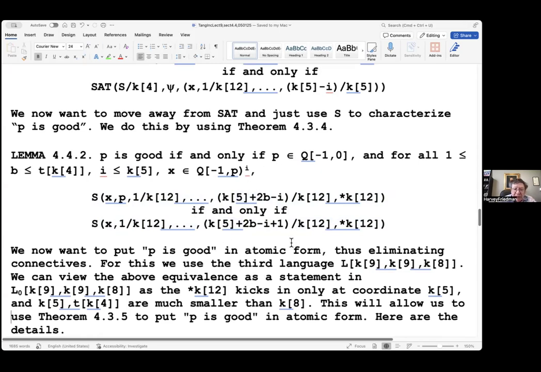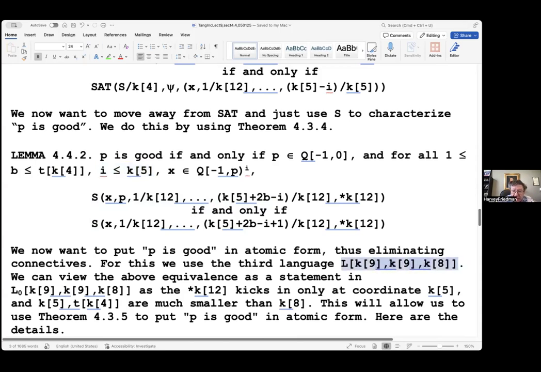So we handle this by going to a third language, because this language quantifies over all formulas in this second language, K5, K5, K4, because those are just indices of the formulas, right? So this is very naturally put in. I mean, that's an enormous conjunction. So this is very naturally put as a single statement